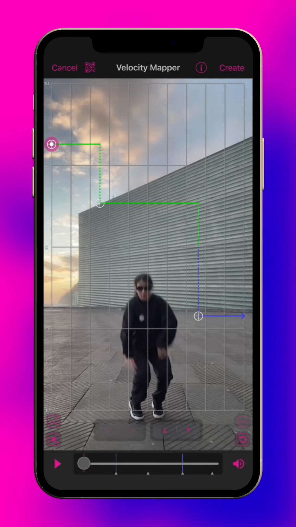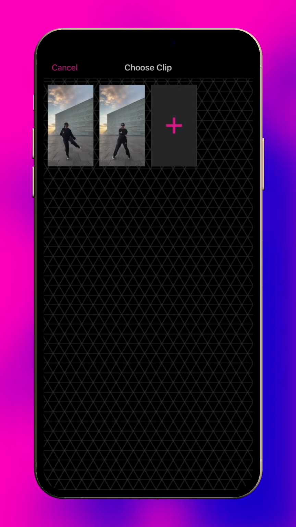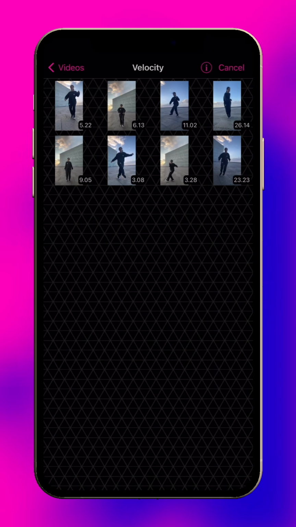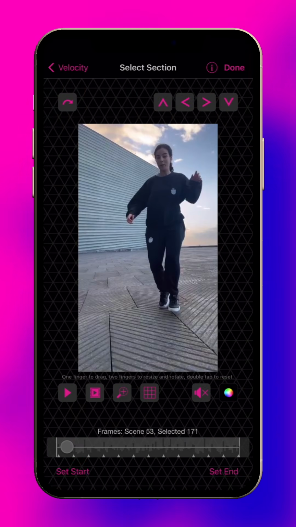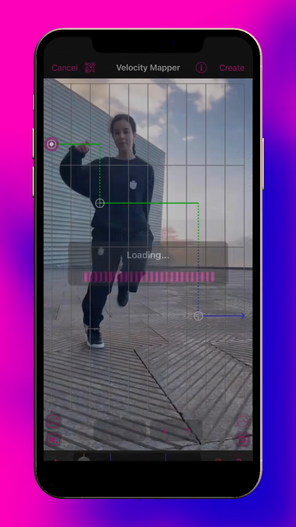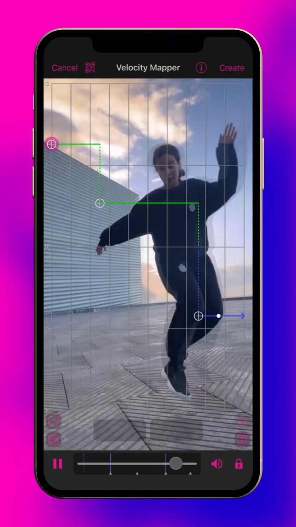Like this setup but want to try another clip? Tap this button to select a different video. You can choose one already in the scene, or tap here to import a video from the Photos app. The chosen video can be any length, and importing a longer video gives more frames to work with. When you tap Done, the final video will be the length of the scene.